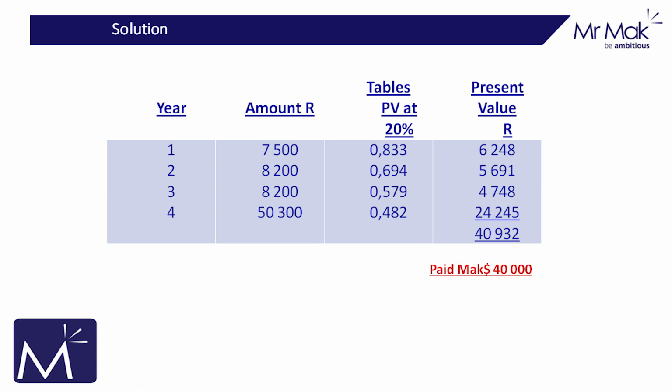In the final year, the combined cash flows come to 50,300, which gives us a PV factor of 0.482, which gives us a present value of 24245. If we add up all of those present values, it gives us a total of